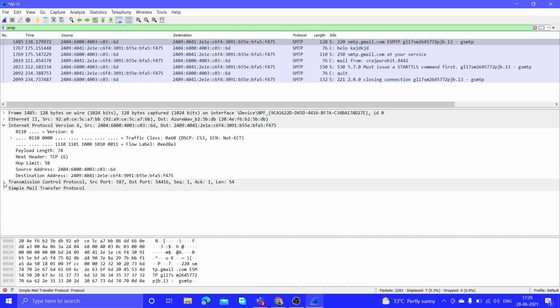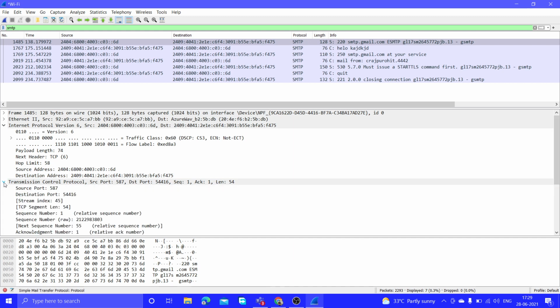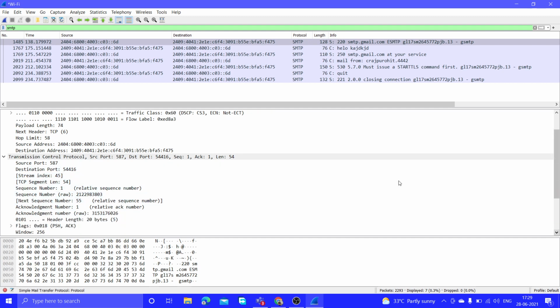Along with it, we can observe TCP, which is the Transmission Control Protocol. This is our source port, which we typed in the command prompt, 587, and this is our destination port. There are various fields in it like sequence number, acknowledgement number, and flags.